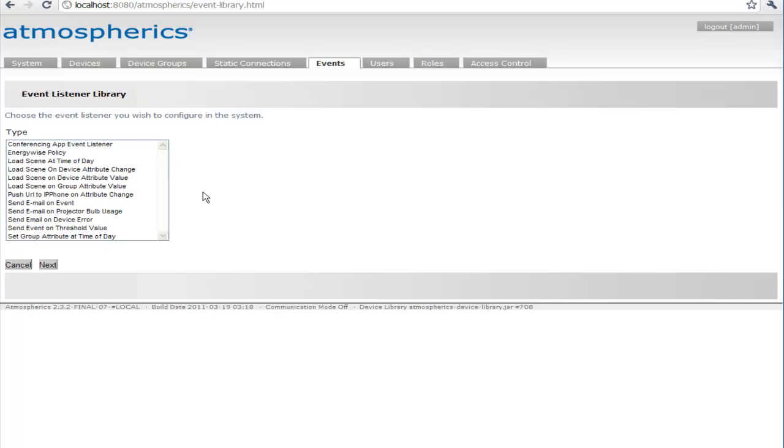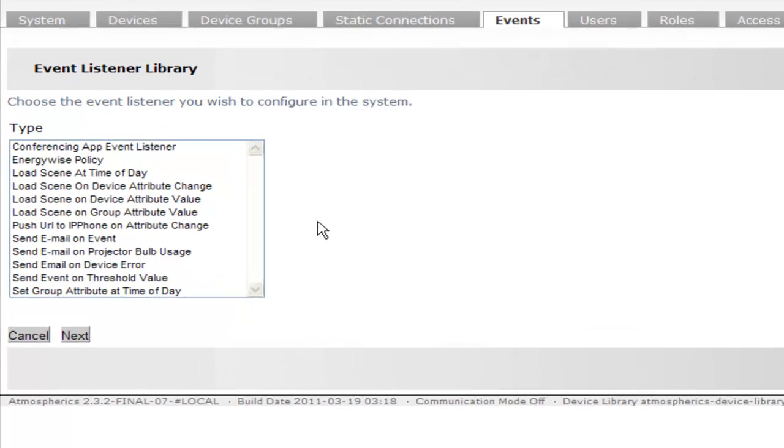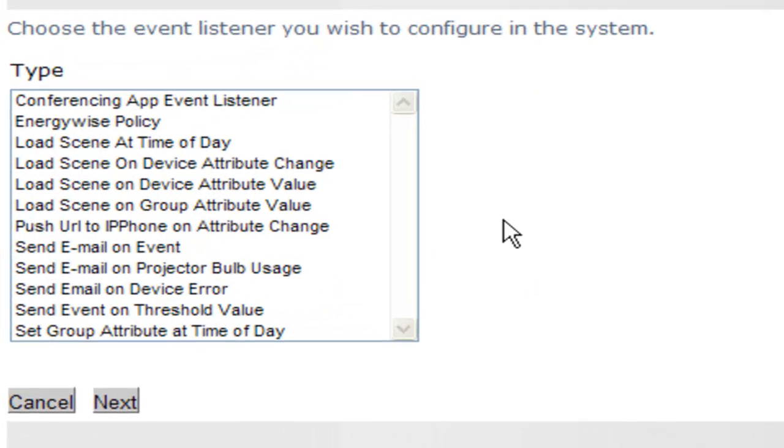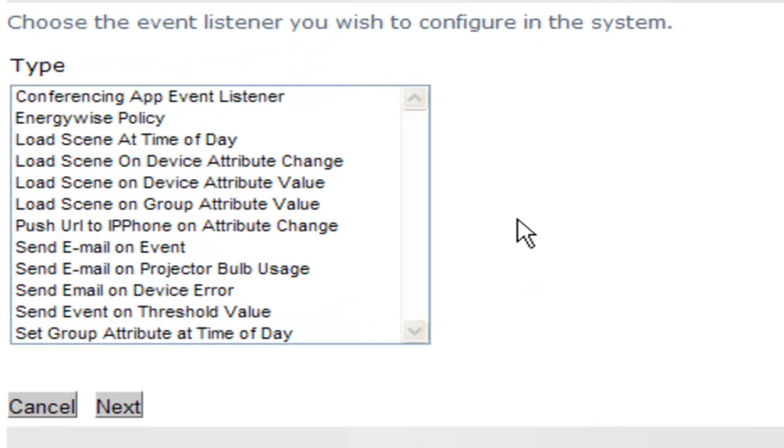To configure a new event, click on the Add New Event Listener button. Here are the events that can be added and configured in atmospherics. We cover in this video the two types of events that are used most often: the load scene events and